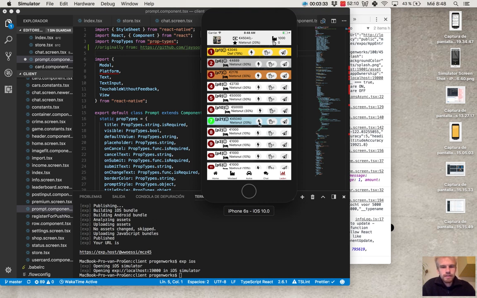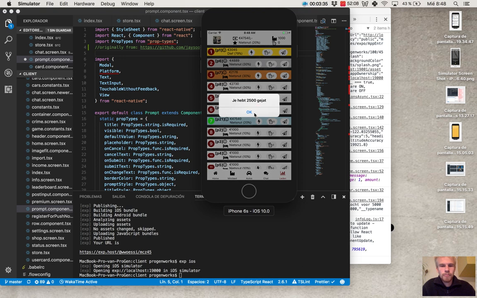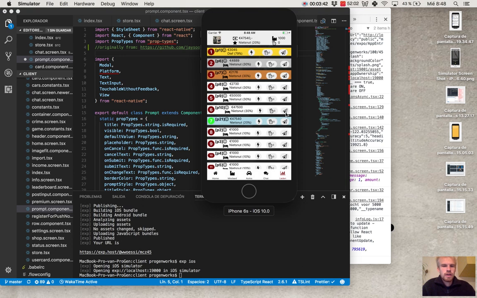This means attack, so I can steal money from people. It says I just stole 2,500, and you can do that once every 2 minutes. And then you can, and this is the most awesome feature that I'm really happy with,